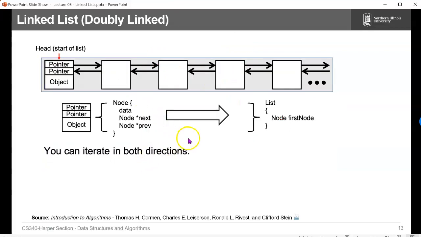A little bit about doubly linked lists. One way to make it more effective is we could have a linked list with